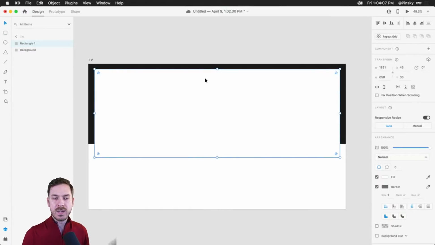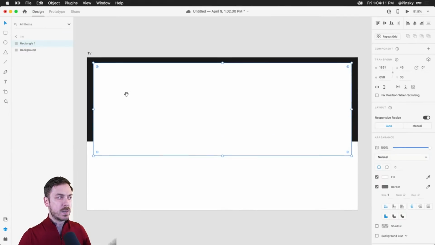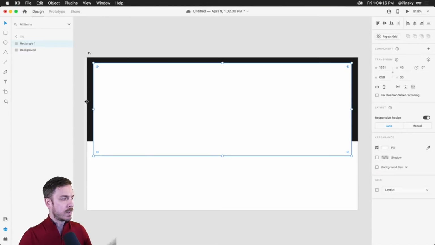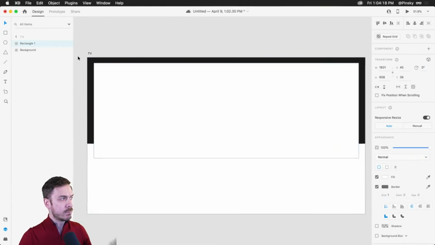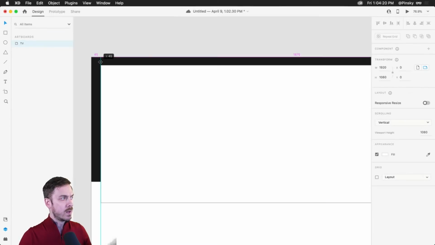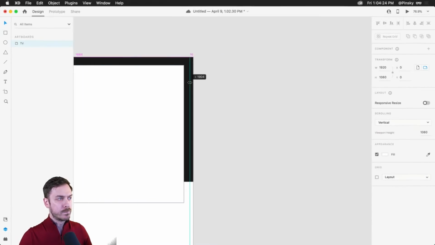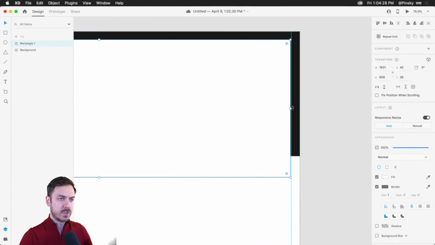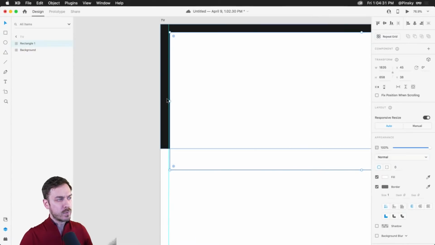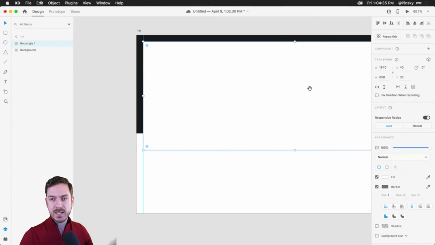Now, maybe to help things align a little bit better, I might want to start adding some guides. From the left-hand side or the top as well, I can just drag out a guide. It'll snap to the side. Right now it's about 45 pixels. I'm going to drop it to about 40, just so we're sticking with that 8 pixel grid. It's not necessary, but it's good practice, especially if you're working with developers who are very particular on certain grids.